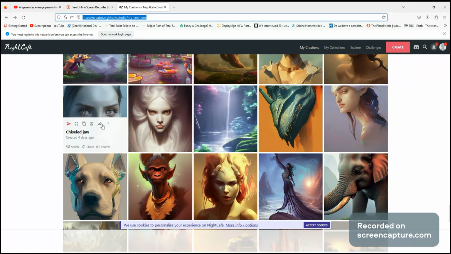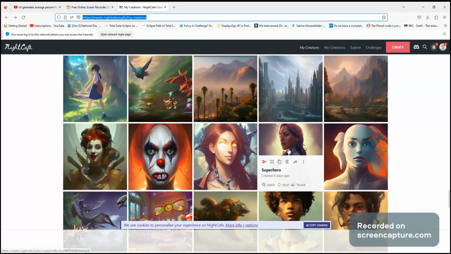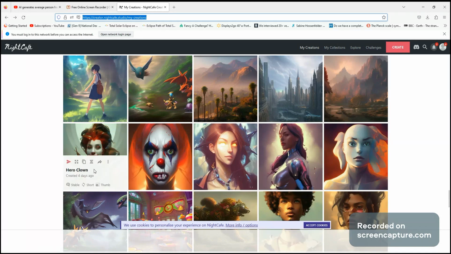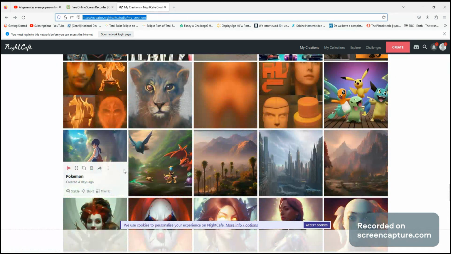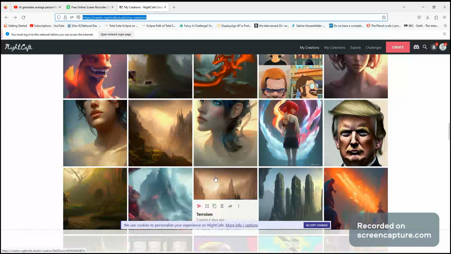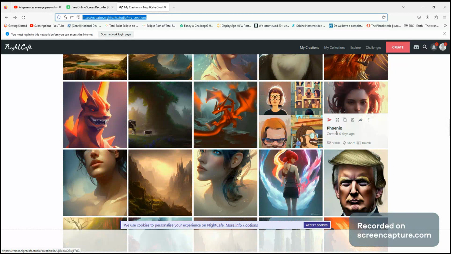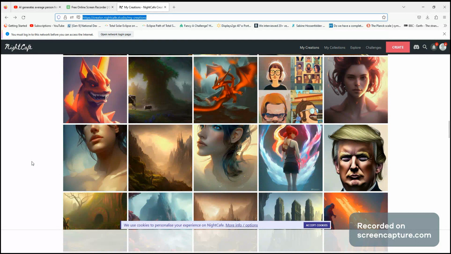So I tried typing chisel jaw, still gives you that. Superhero, pretty much white coated. It's always white coated. The default's always going to be very straight, fine hair, essentially. And, right, why is that? Okay. So I guess this is based on an aggregate of photos, right? They merge all these different art and photos. So that makes sense on some level,